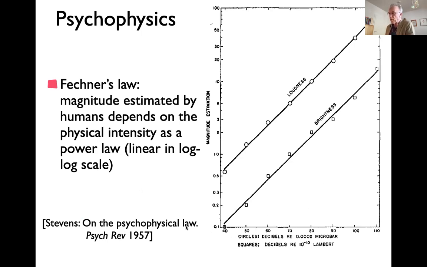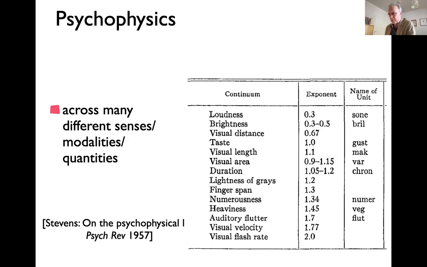And this is a log-log plot. So you see that there is a power law underlying that, a characteristic power law, which you find in very many different domains. This is already one very general kind of law, where you take all kinds of different physical entities, vary an intensity-like variable, and ask people to make a judgment, and they have this power law dependence with different exponents.